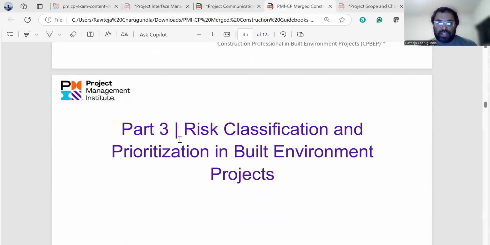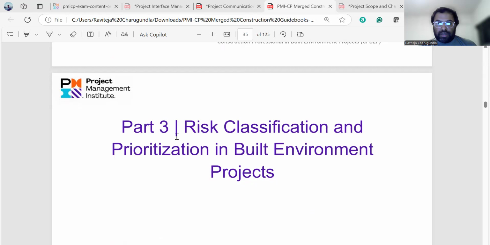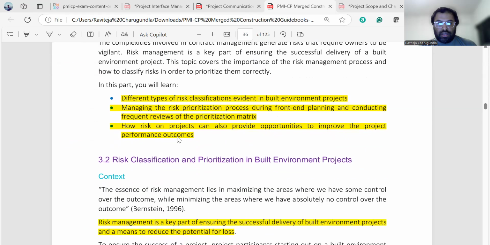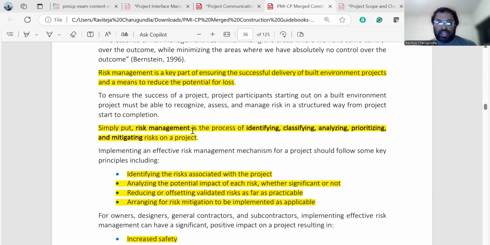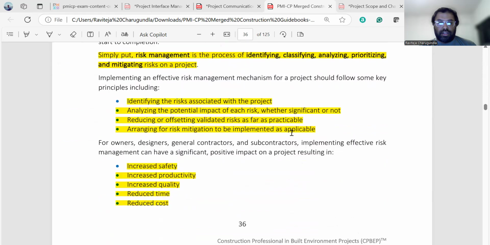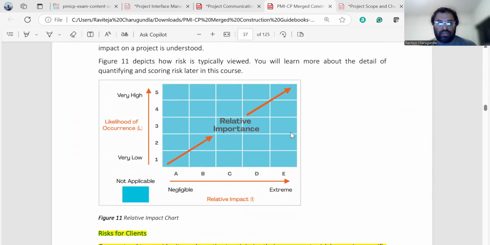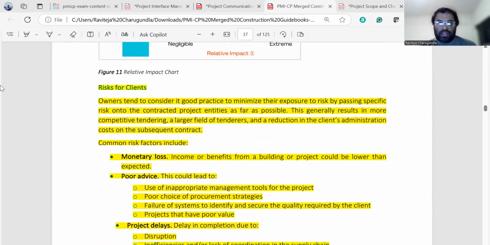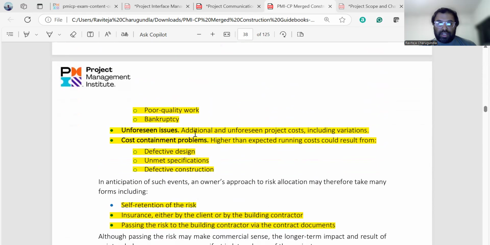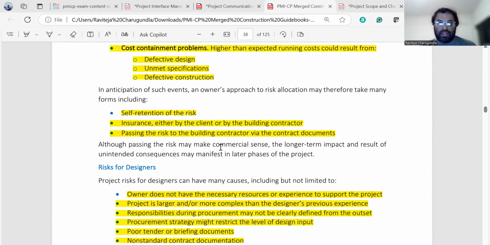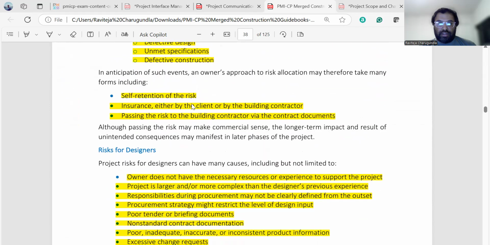The risk classification and prioritization in built environment projects. Different types of risk management: it's a process of identifying, classifying, analyzing, prioritizing, and mitigating. Risks for clients. These are a few risk factors for the clients: the monetary loss, the poor advice, the project delays, unforeseen issues, cost commitment problems, and the owner's approach, like self-retention, insurance, passing risk,